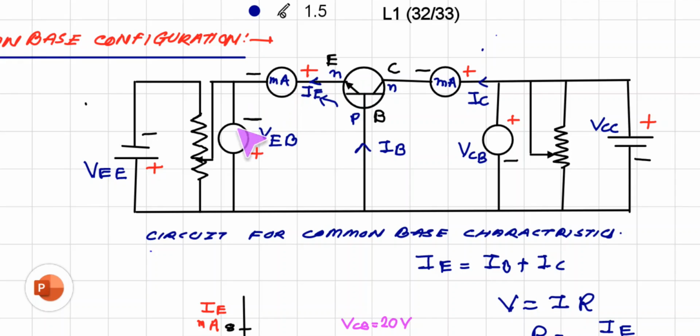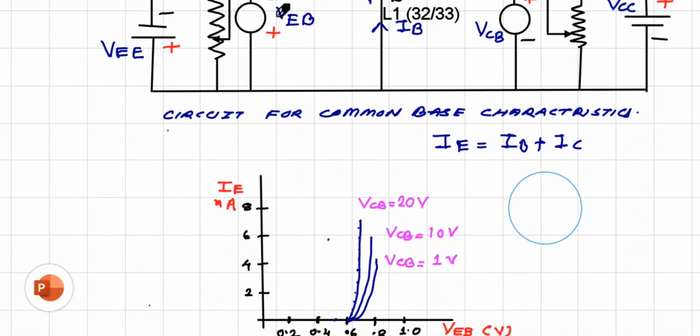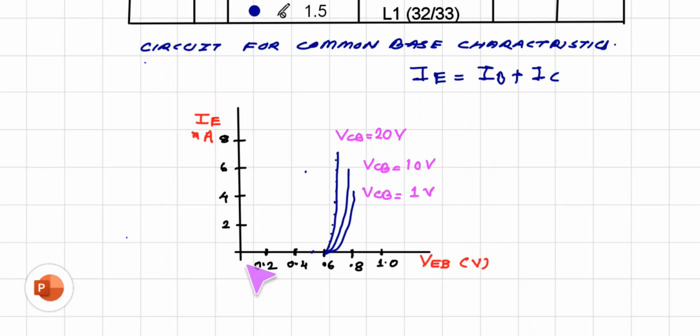But for studying these characteristics, it is important that the voltage across collector and base, VCB, should be constant. And we already know that IE is equal to IB plus IC. So here the graph shows the voltage across emitter base and this is the emitter current, and here VCB is 1 volt. We observe that up to knee voltage VEB is increasing, but there is no change in emitter current. But after knee voltage the current rapidly increases.